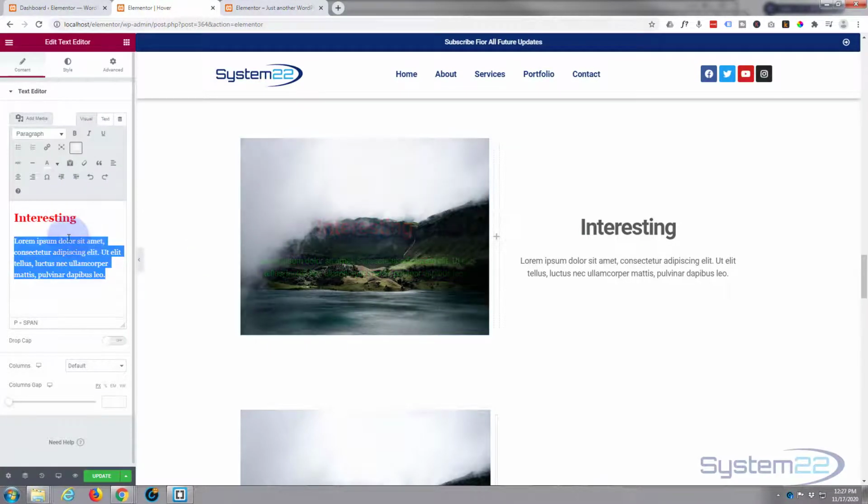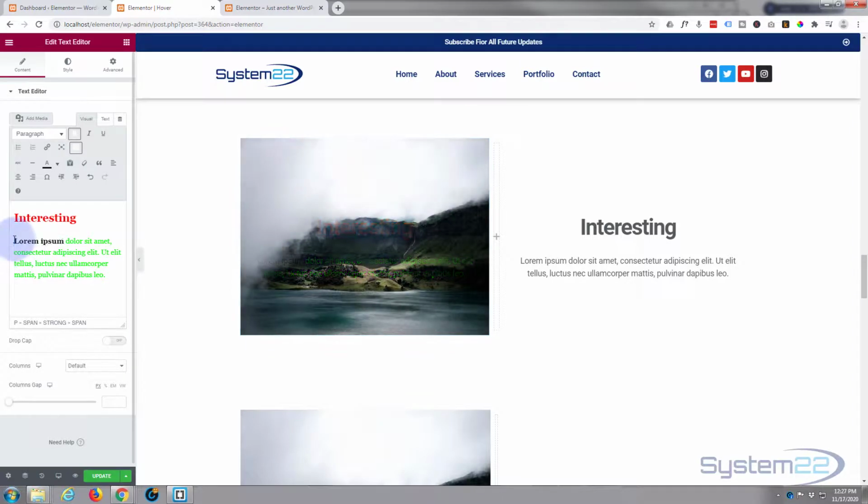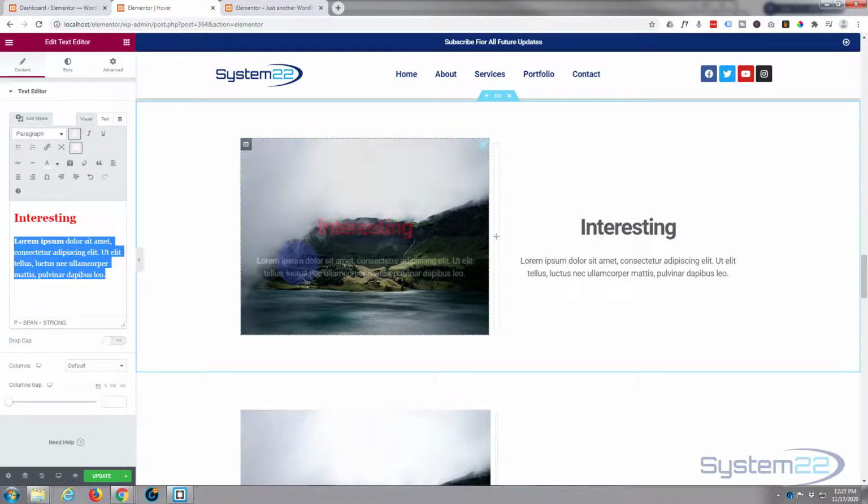For instance, if you just wanted to bold out the lorem ipsum part perhaps, or have that black and bold, you can do it like that. Obviously I can't see that too well. Let's change this back to white. There we go. As you can see, that first one's white there, but you can grab any part and change